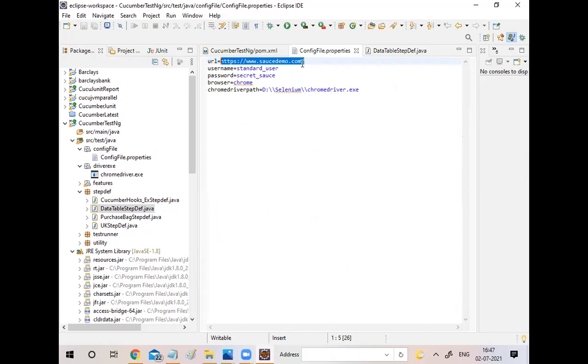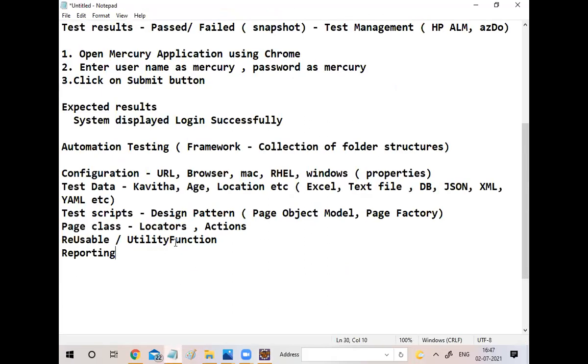The IRCTC site will open, but my script will fail. The reason is my locators, everything, are related to the SAS demo site only. Suppose I want to make it pass, what do you have to do? You should identify the IRCTC locators and put them in the program. Then only it will work properly.